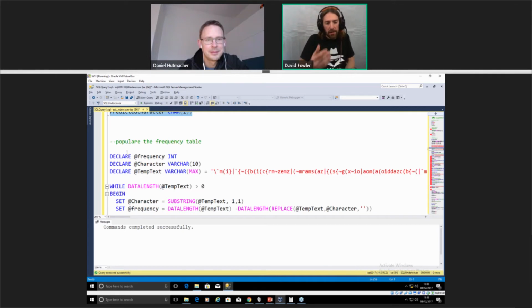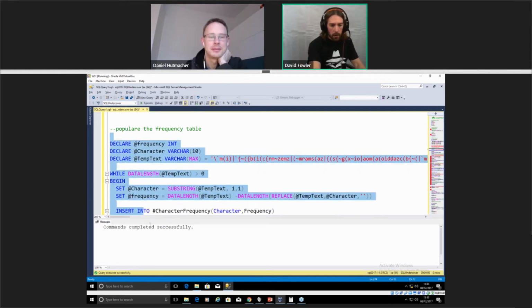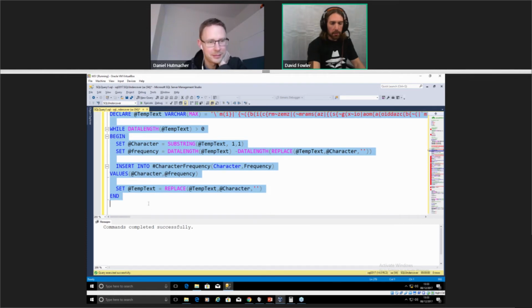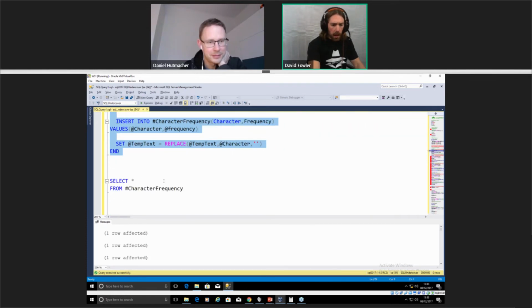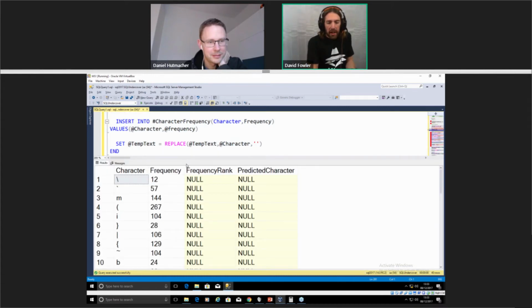This is going to go through each character of our ciphertext, which I've plugged in here, and it is going to count up how often each character appears. So let's just do that now. And just select from our character frequency table to see what we've got. So straight away we can see that certain characters are showing up more often than others.